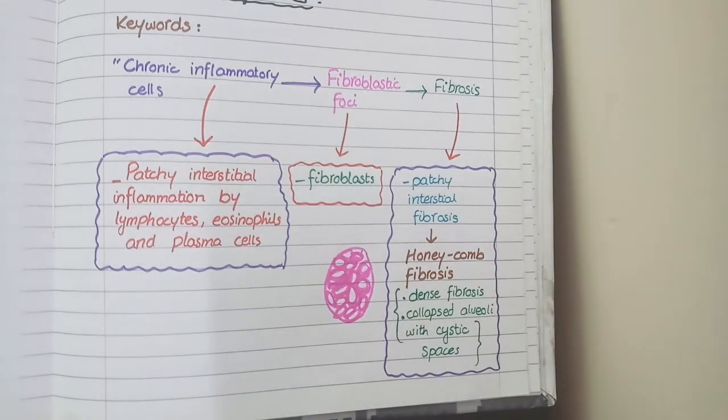Now there is an additional point which I would like you to know, that in idiopathic pulmonary fibrosis, the inflammation is present not inside the alveolar spaces but in the interstitium. Therefore, this is also known as usual interstitial pneumonia. Why is it called interstitial pneumonia? Because in classical cases of pneumonia, the inflammation is present inside the alveolar spaces. But in idiopathic pulmonary fibrosis, as the inflammation is present in interstitium, we call it usual interstitial pneumonia. The keywords are interstitial pneumonia.